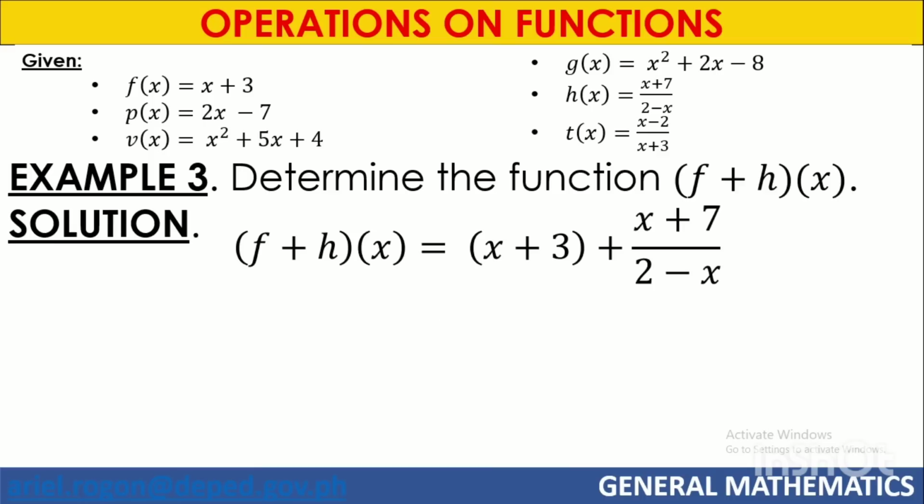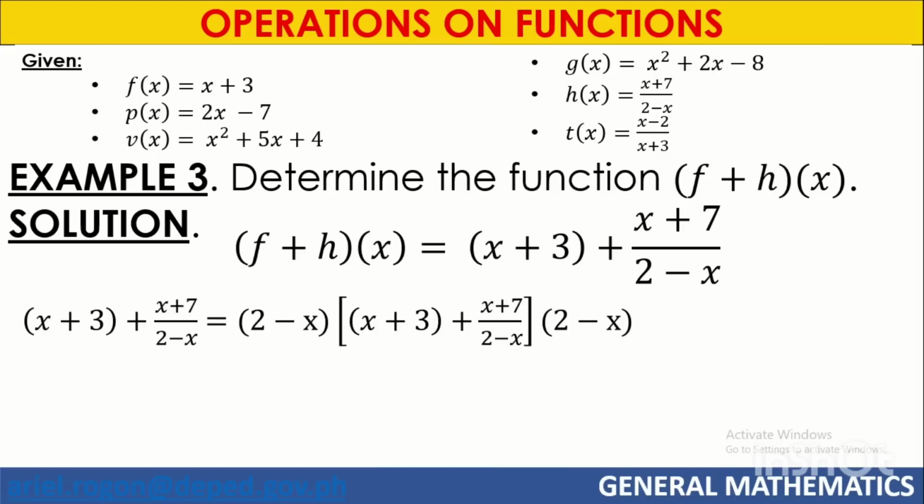Ano ang gagawin? So, kapag ganyan, sabi kanina, kapag nag-a-add tayo ng algebraic expression, kinukuha natin yung LCD. So, anong LCD dito? Of course, that is 2 minus x. So, gagamitin natin si 2 minus x and then, para hindi kayo nahihirapan sa ganitong proseso, both sides, yung x plus 3 plus yung rational na to, imumultiply natin sa 2 minus x. So ito muna, 2 minus x times x plus 3, that is,